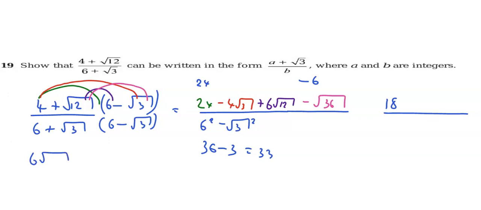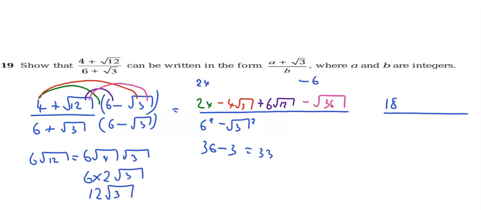Now 6 root 12 is 6 root 4 root 3, which is 6 times 2 root 3, which is 12 root 3. So I've got minus 4 minus 12 root 3, minus 16 root 3